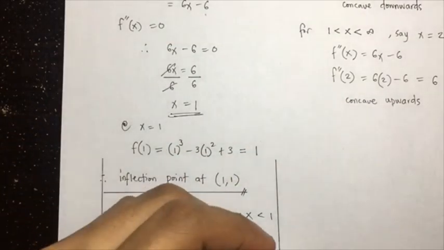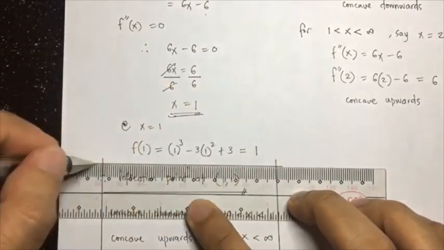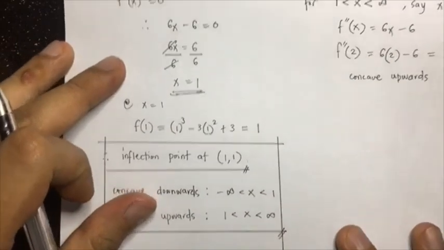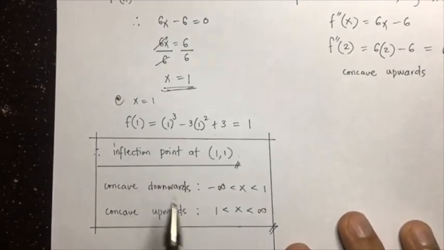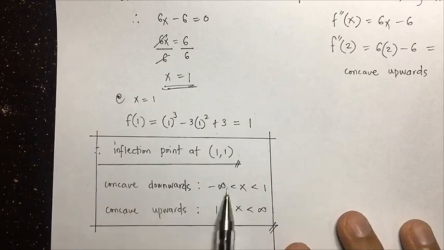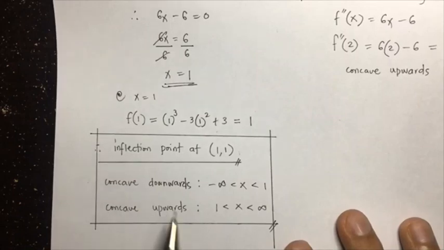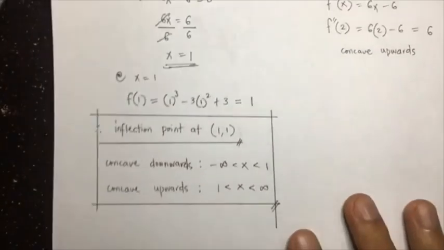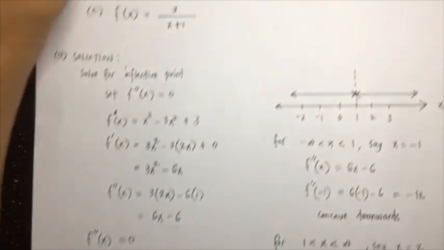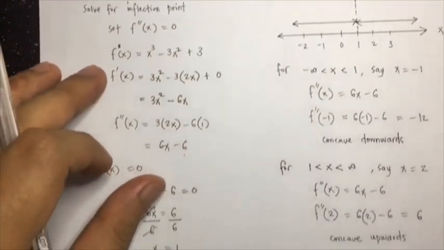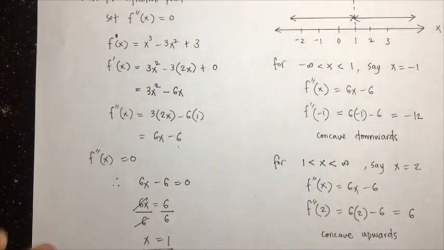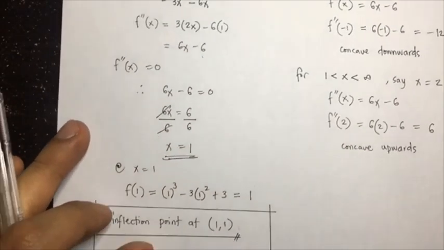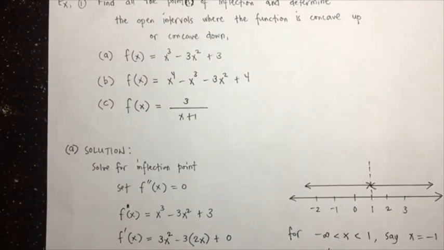So this is the point of inflection. The point of inflection is at 1, 1, and our intervals: it's concave downwards from negative infinity to 1, and concave upwards from x is 1 to positive infinity. Okay, so similar with increasing and decreasing functions, but this time we will be using the second derivative test instead of the first derivative. Okay, so for our second example,